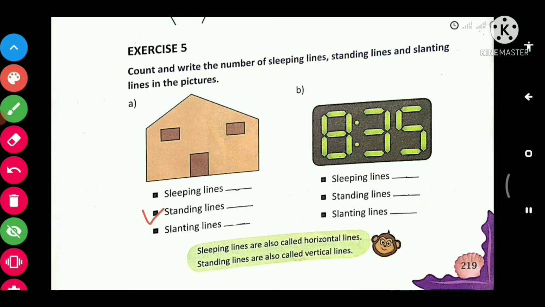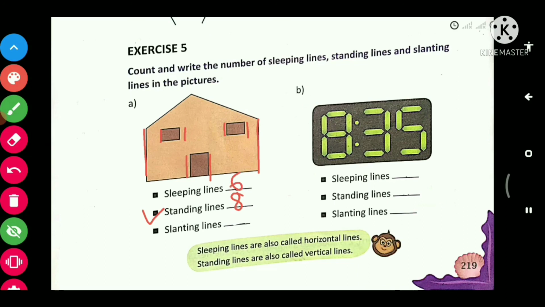So see, this one is the first line, second, third, fourth, fifth, sixth, seventh, eighth. So in total how many standing lines are there? 8, right? And we got sleeping lines 6, right?